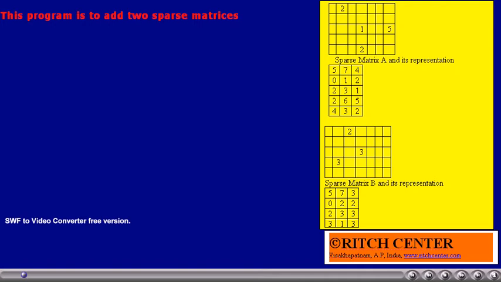And also, as usual, when can we add two matrices? If the number of rows and number of columns are the same. Here also it is the same, so that will not change. Those rules are still valid here. So for us, what is given? Sparse matrix representations are given. We want the sparse matrix representation of the addition matrix. That is the one we want. In the following slides, we'll explain how this can be done.